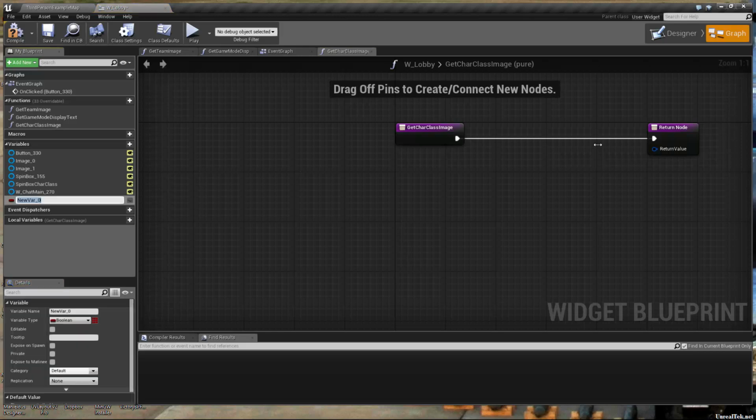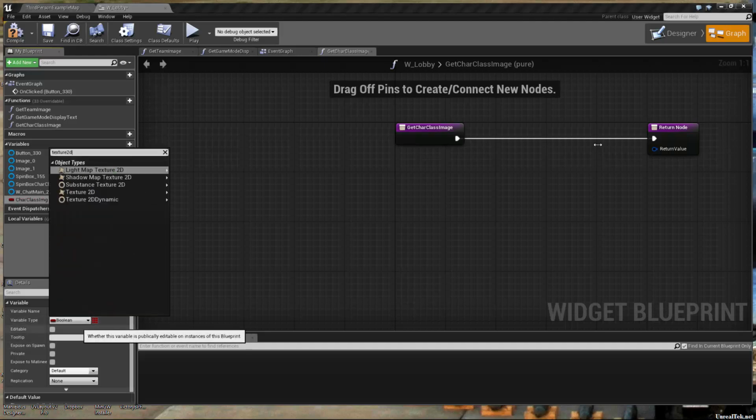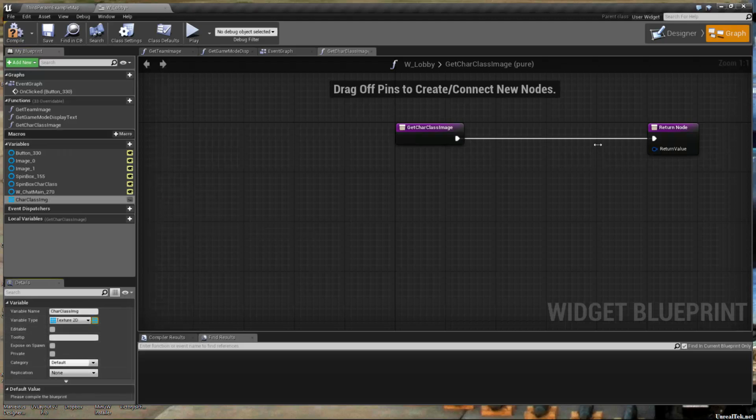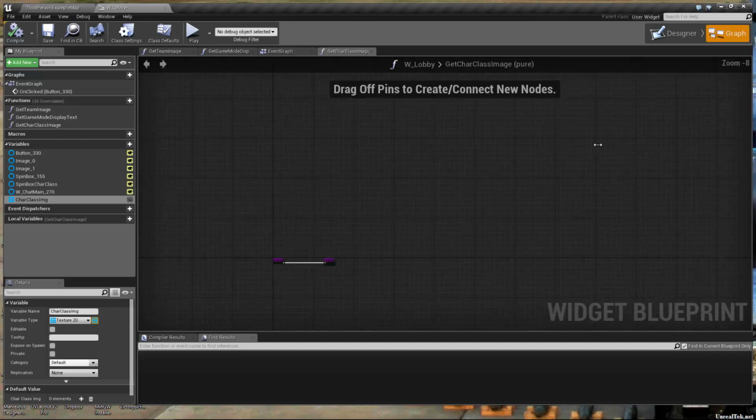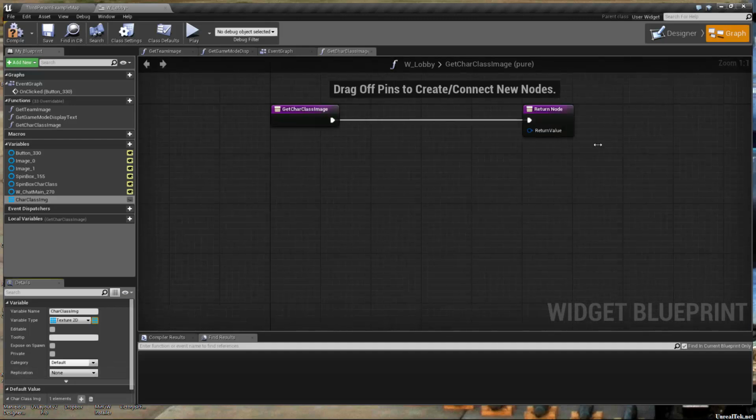So we want assault. We want demolition. Well, let's keep these in the order we were going. Medic. Then what did we do? Sniper and then demo, I think. So like so. So let's drag in our array,